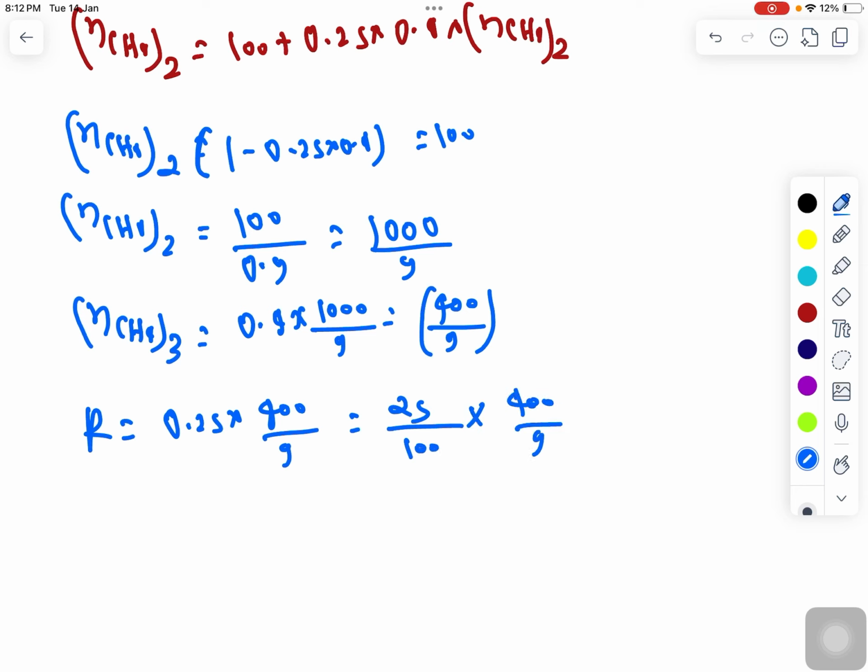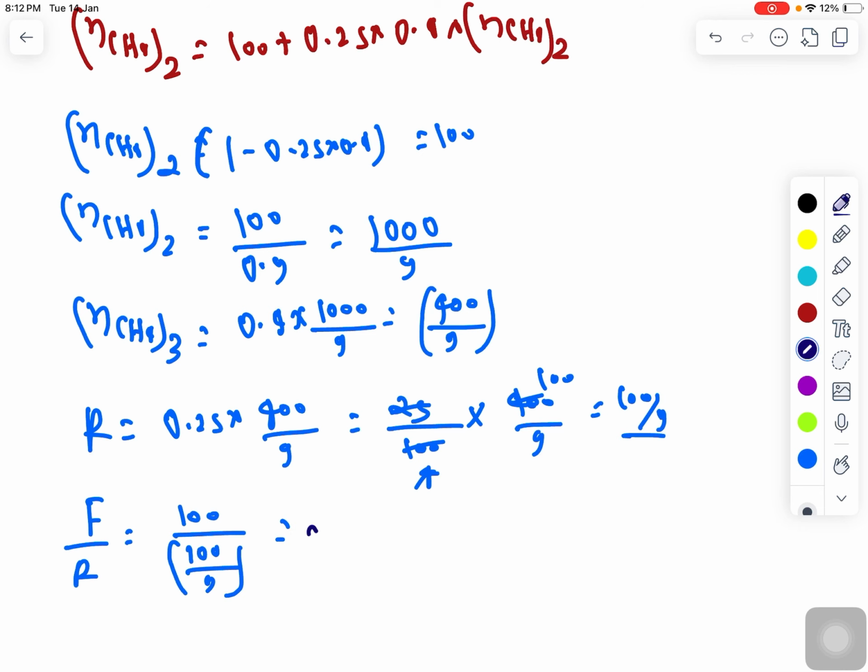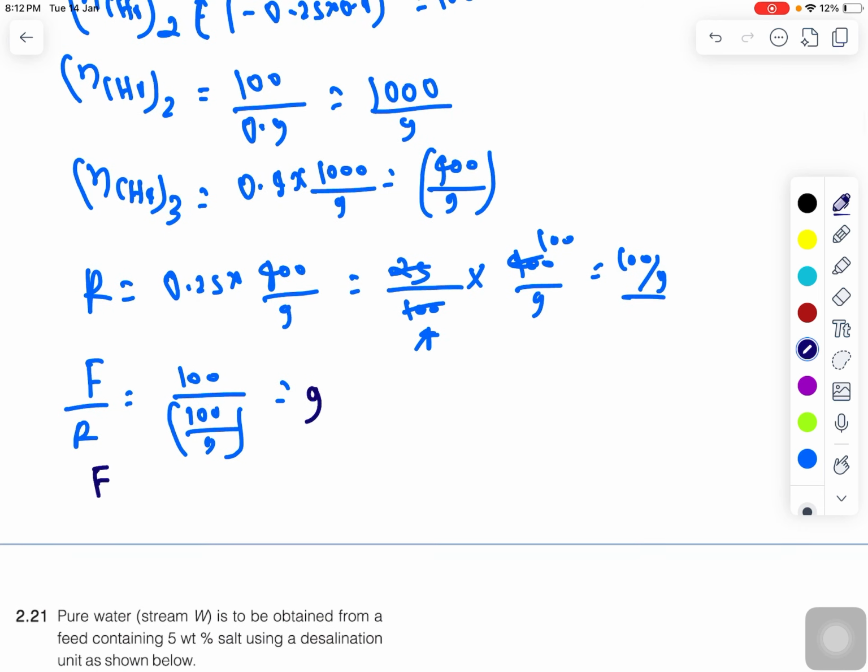Is that clear? That equals 100 by 9. So you are supposed to calculate the ratio, fresh feed divided by recycle, which equals 100 divided by 100 divided by 9. So here you will get the answer, which is 9. So the ratio of fresh feed divided by